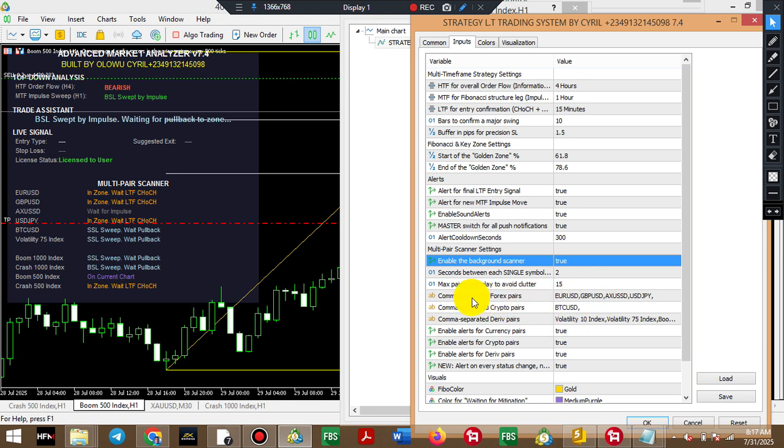We have currency pair. If you want to trade currency pairs, maybe you don't trade crypto, you don't trade derivative pairs, you can wipe all those pairs off and leave it blank. Then enter the pairs you want to trade on forex. That means the currency pair you want to trade, you put them in. Let's say I want to add gold now, or okay, gold is already there, let me just use it as an example. Once I want to add gold,